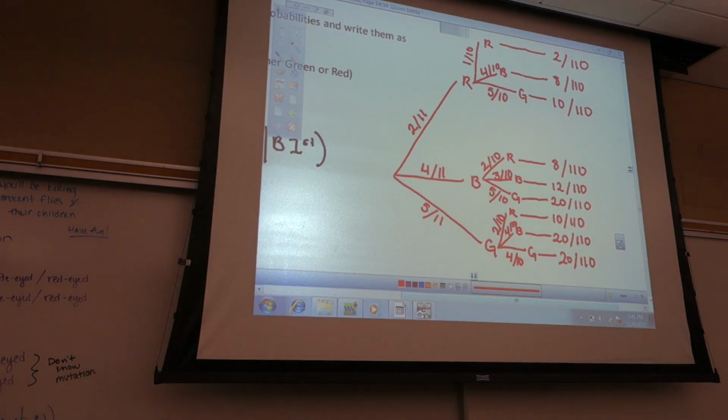Molly's going to explain what she did. First she's going to explain how she did the tree. Molly, go ahead. So I did a branch for each outcome, and then the probabilities